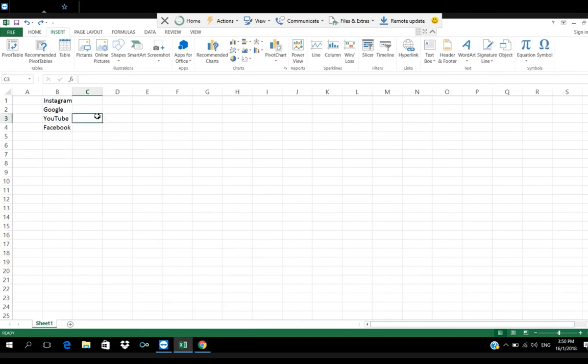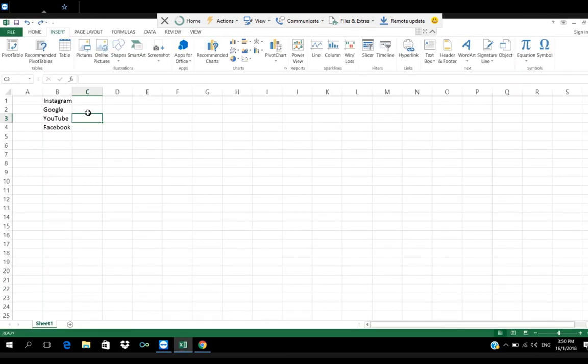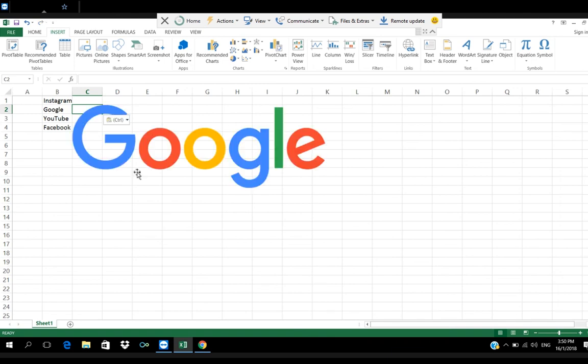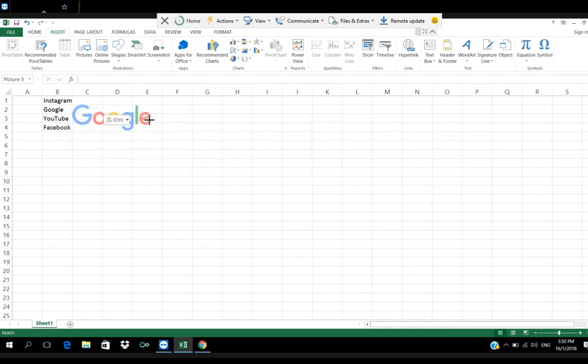As I have already copied the Google image, now I'm going to paste the Google logo over here, or even somewhere here. Oh, the picture is so big, so you can just make it smaller.